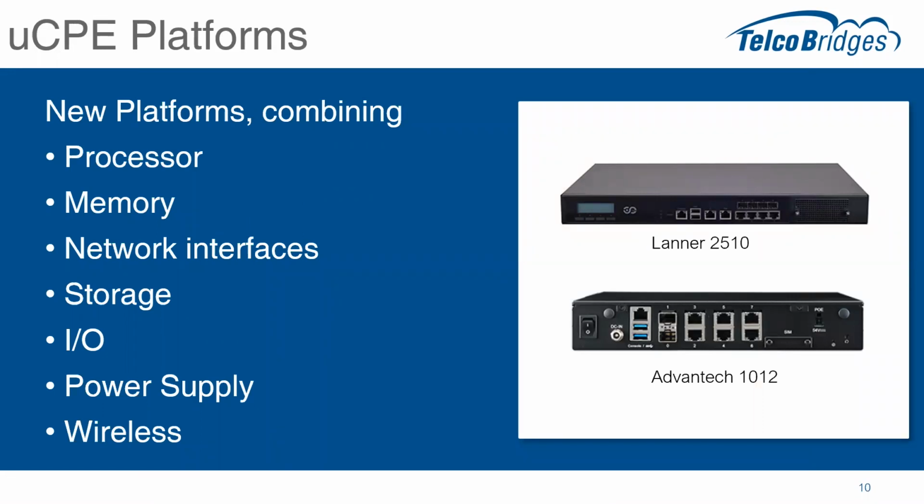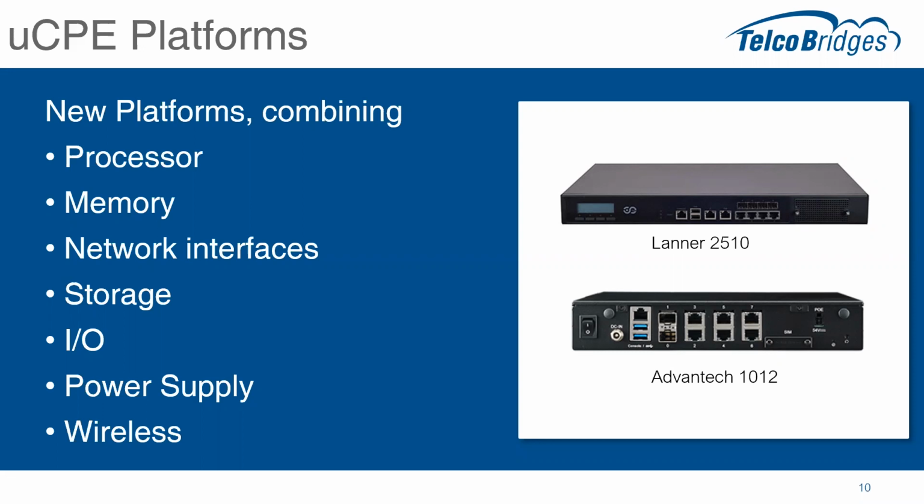And this is from the hardware manufacturing part of the industry, bringing together some new platforms that are processor, memory, and collections of network interfaces, along with the usual storage, I/O, power supply, and wireless infrastructure, to create a single device that could provide the functionality for these branch offices, for branch banks, retail outlets, any of these situations where you need to combine this functionality that previously was done with multiple devices, compress it down into a single package, reducing not only the footprint, but power usage, and simplifying the installation and implementation. These platforms, however,